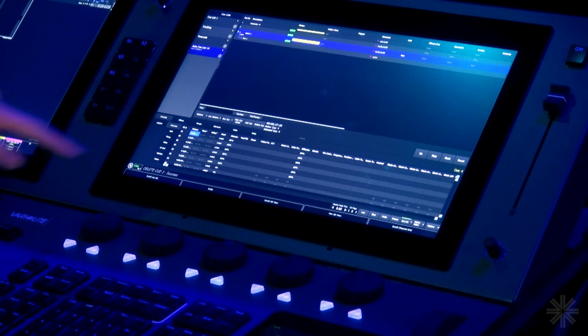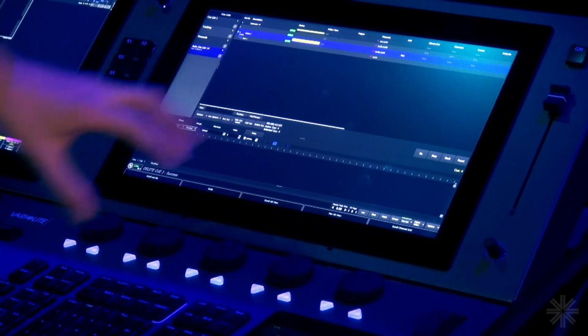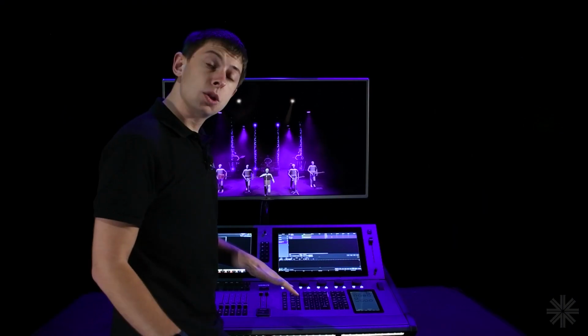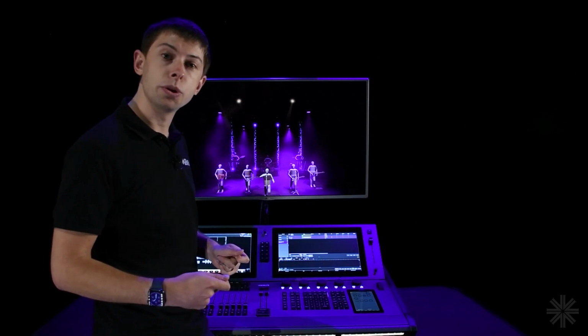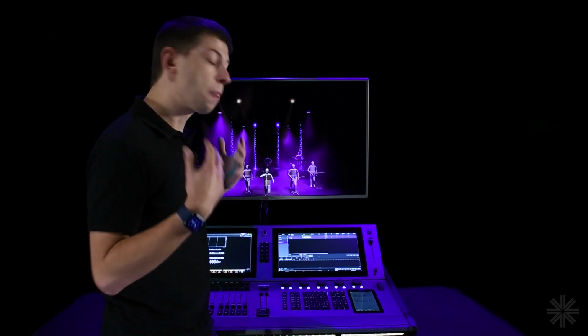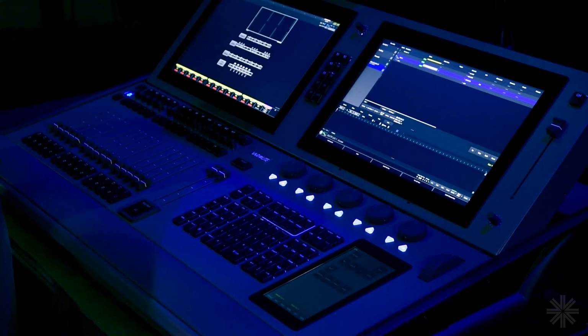A couple of nice things in here. We can add notes to every single cue. So you can go to the Notes tab and start to just type in text strings with your keyboard. Worth mentioning as well that once you've typed in notes, you can actually get the console to play your notes back for you. So you can plug in some headphones, for example, and just listen to your notes. So you can be looking at the stage, programming away whilst the console reads your notes to you,